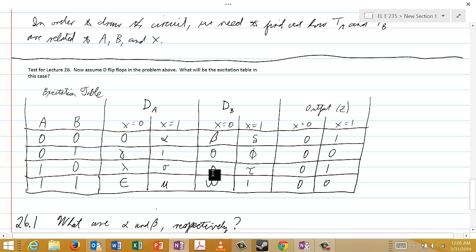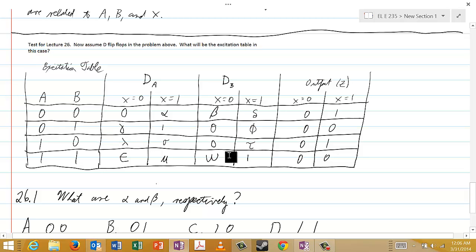I filled in the diagonal terms here for you, and you were supposed to fill in the rest. And that was for lecture 26. So now you should have this entire excitation table. You should have all of these blanks filled in. You should know what everything is. So now that you have that,